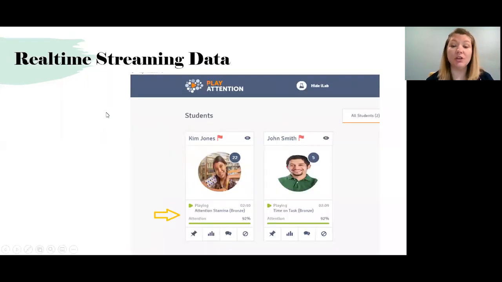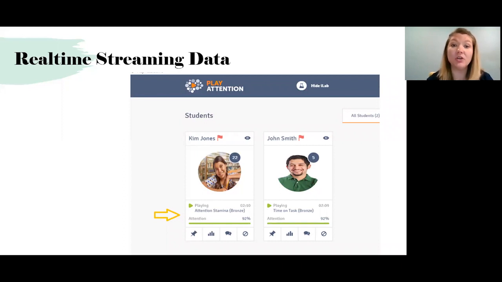You're also going to get real-time streaming. This means you're going to be able to see your students' data in real time. And when I say student, it's an adult, it's a child, it doesn't matter, your client that you're working with. You're going to be able to see all of their information in real time. So if we're doing this remotely, you can watch them with live streaming, but you can also see how their data is doing, because you're seeing that camera like I'm using my camera now and you're seeing me, so you're not necessarily going to be able to see exactly what's on their screen.